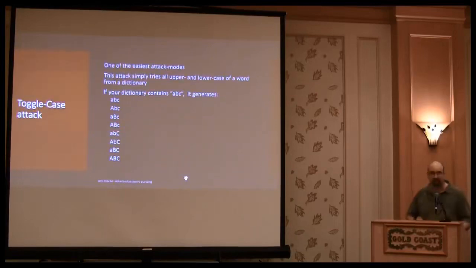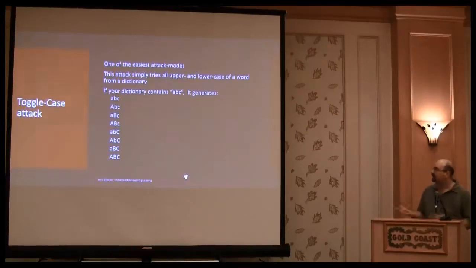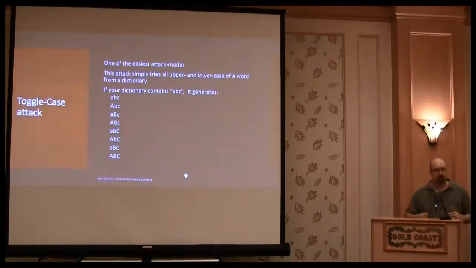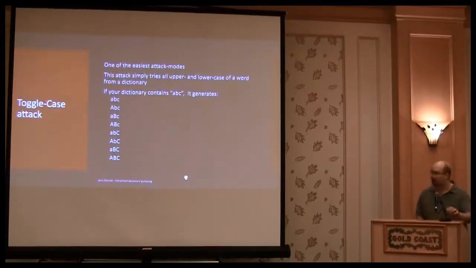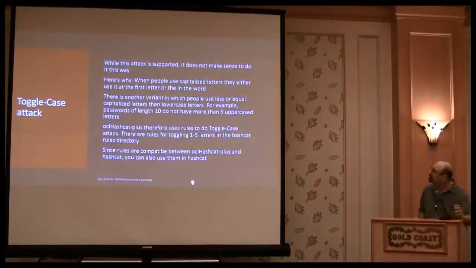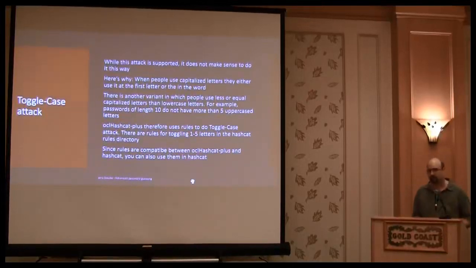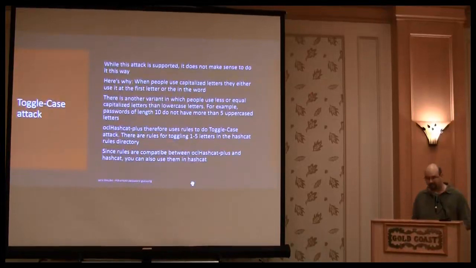So the toggle case attack is one of the easiest attack modes. It was in Hashcat CPU since ever. It just generates all toggle variants of a word. But later we found out that a simple toggle case is not bad, but there is a better way